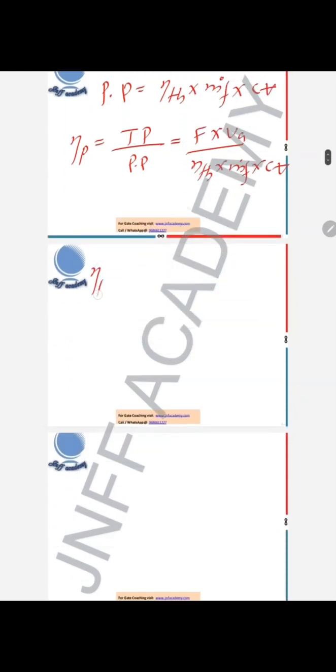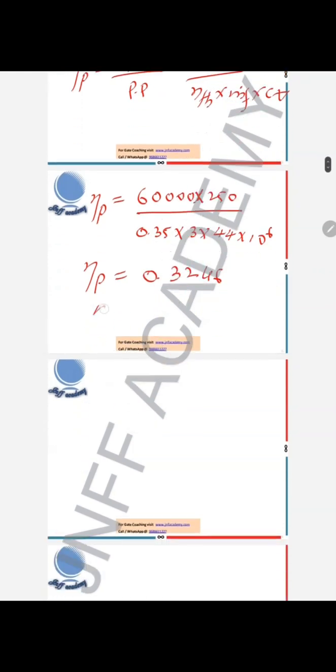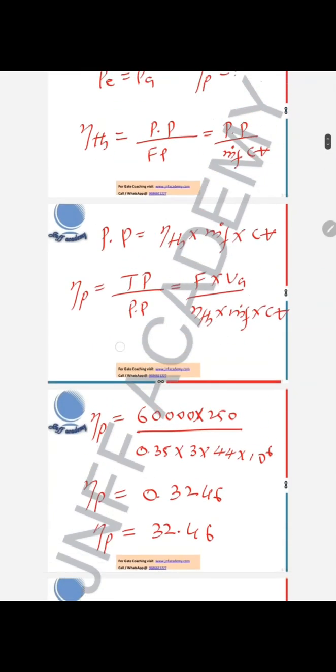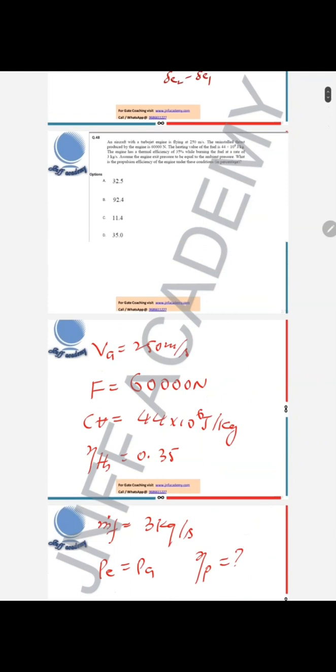Let us substitute the values and get the propulsive efficiency. F is 60,000 Newton into 250 divided by 0.35 into 3 into 44 into 10 power 6. When you do this calculation, you will get the answer as 0.3246, which is the propulsive efficiency, 32.46%. Out of the given options, which one is correct? The option is